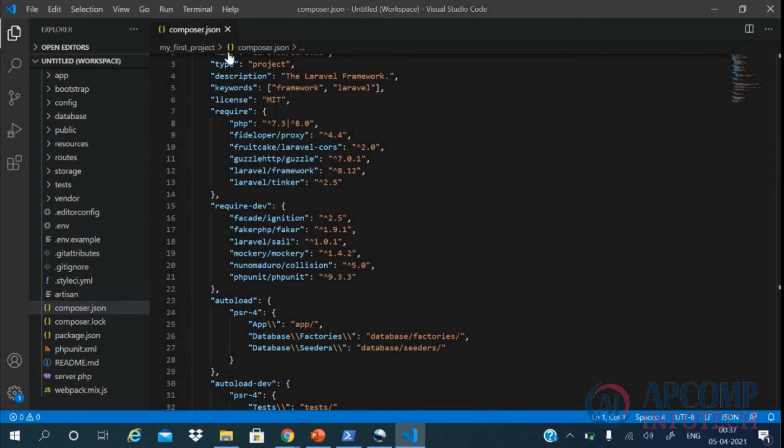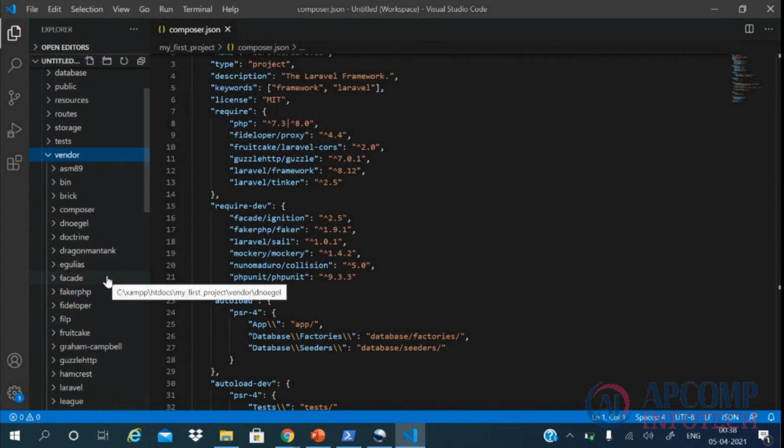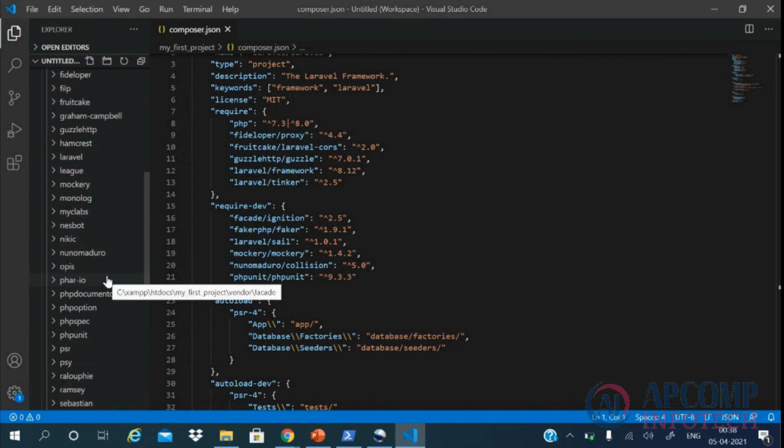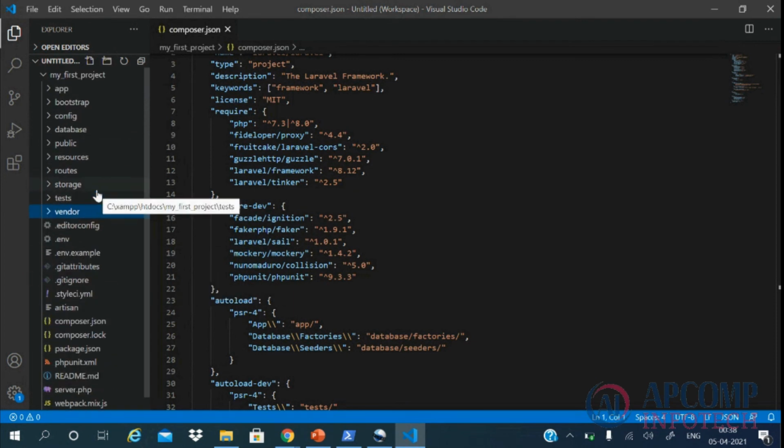In the composer.json file, these are all the dependencies for our project with their version numbers, and all these dependencies can be found in the vendor folder where they were downloaded by Composer while we were installing our Laravel project.